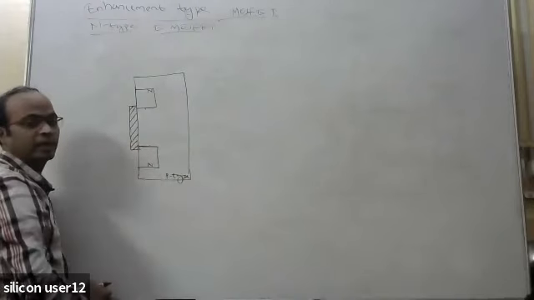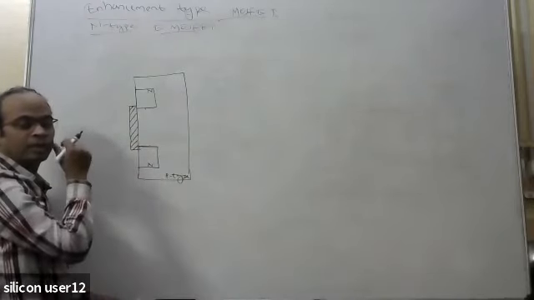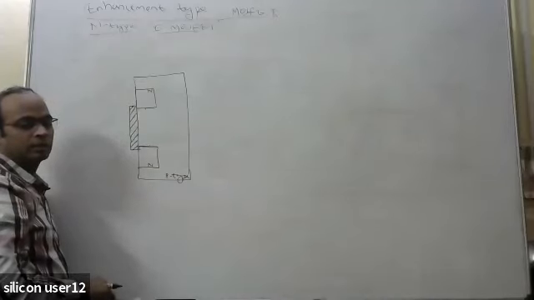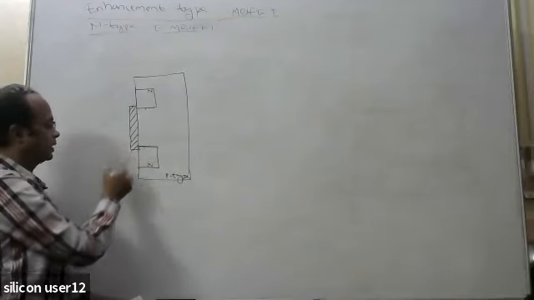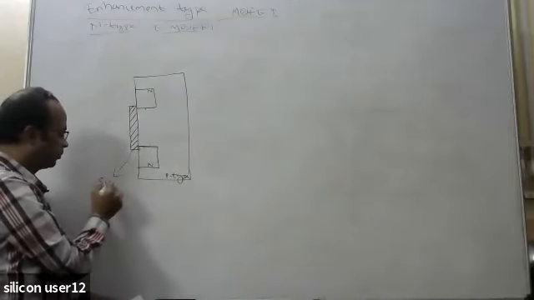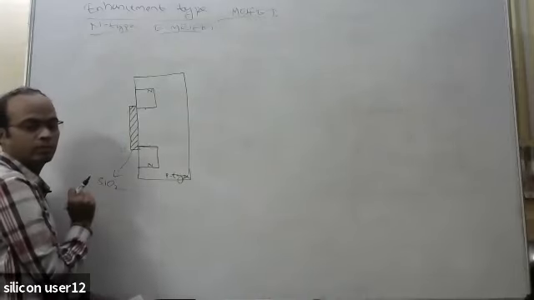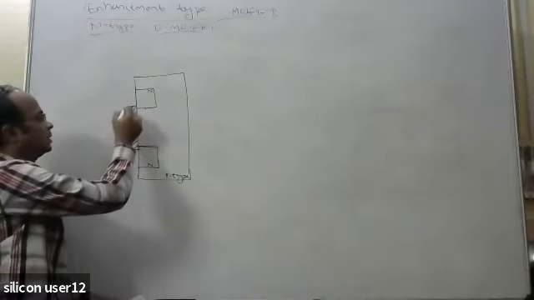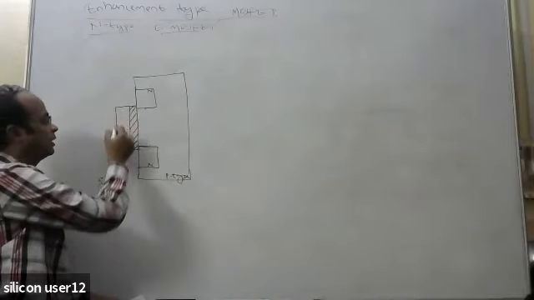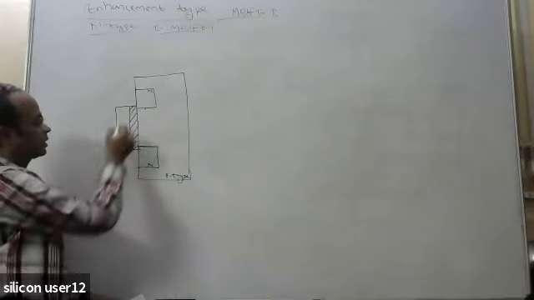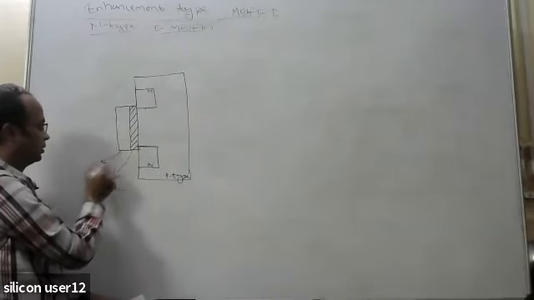Silicon dioxide. I had written it all, SiO2, silicon dioxide. Why? Because SiO2 is an insulator. And above this SiO2 there is a metal layer, or conducting layer. So this will be your gate,